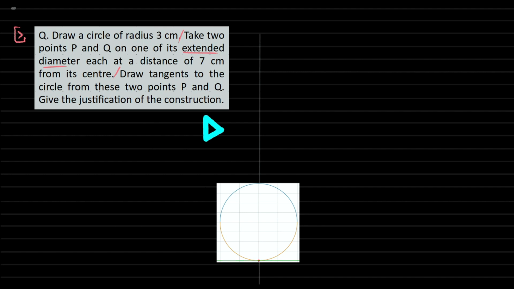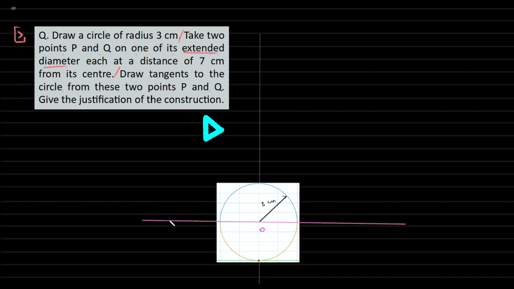So the very first thing is to draw a circle of 3 cm radius. And the next thing is to draw a tangent. Draw a line which is a diameter of the circle as well. So with O as the center,